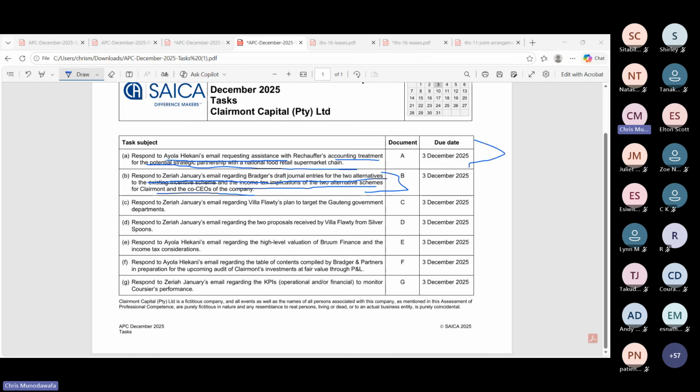So as you are building your solution, make sure you address the accounting treatment of the proposed supermarket partnership. But in the review, I need to prove that my conclusions are either correct or not correct, using or providing practical evidence. Taking the principle from the standard, apply the principle from the standard.